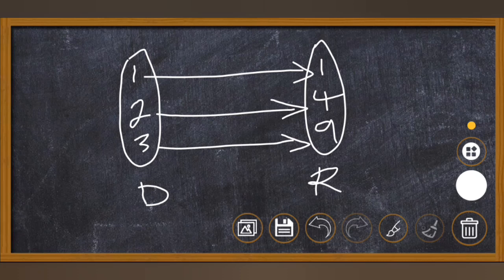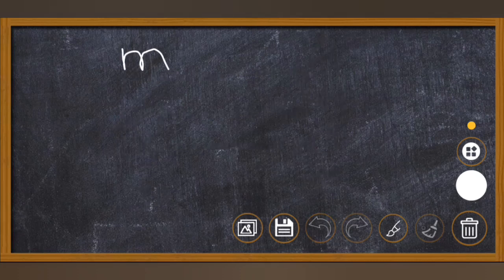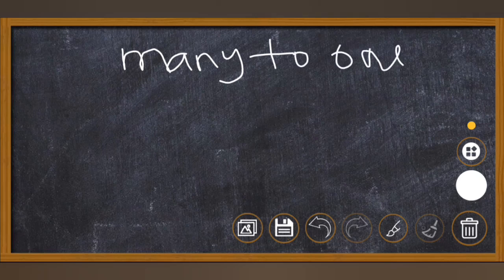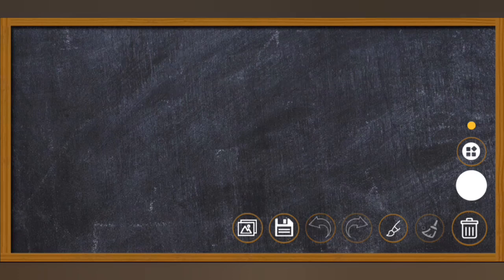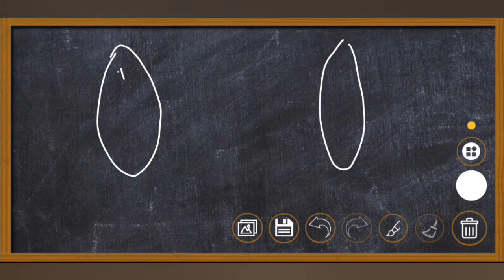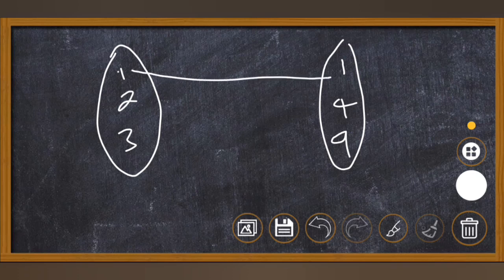The other type of function we have is many-to-one. Many-to-one, just like the term implies, is where you are mapping a lot of things into one, or rather producing one image. Let's say, for example, you may have this and this. So let's say this is 1, 2, 3, and this is 1, 4, and 9. So many-to-one means that a lot are just being mapped to one thing. Let's say we have this one here. Okay, this is not true. Let me just use the letters